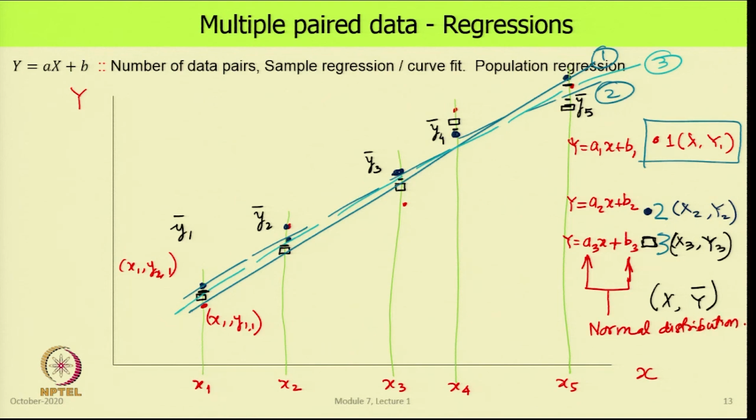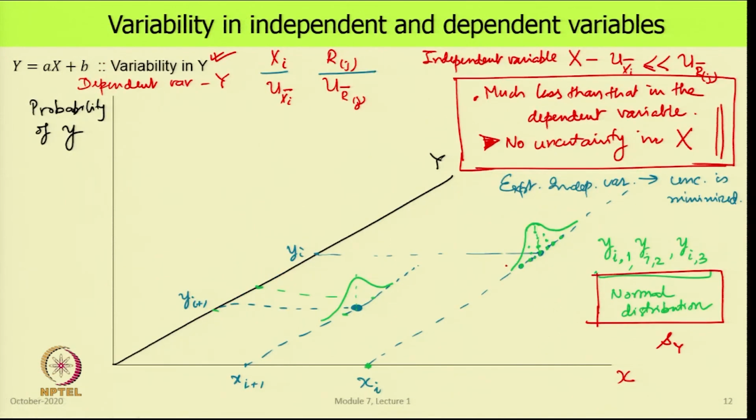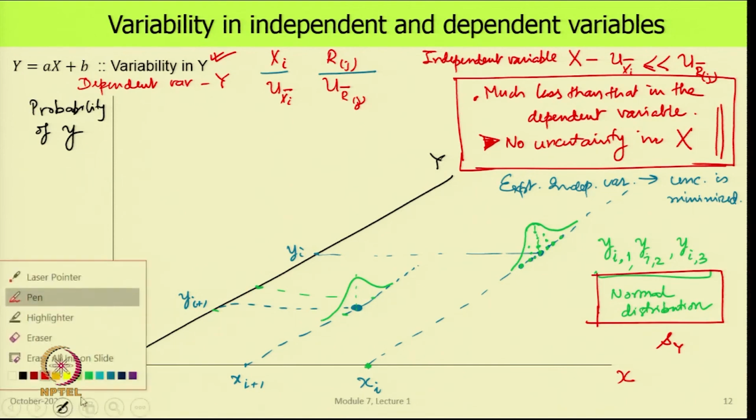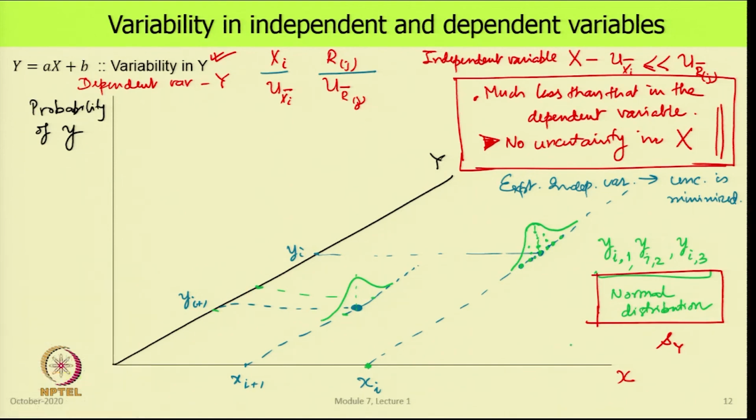This will be the case if all the y's had normal distribution with similar parameters. So, what we said in the earlier thing, that each one of these are same, in addition to saying that they have a normal distribution, we can also add here that their standard deviation is same